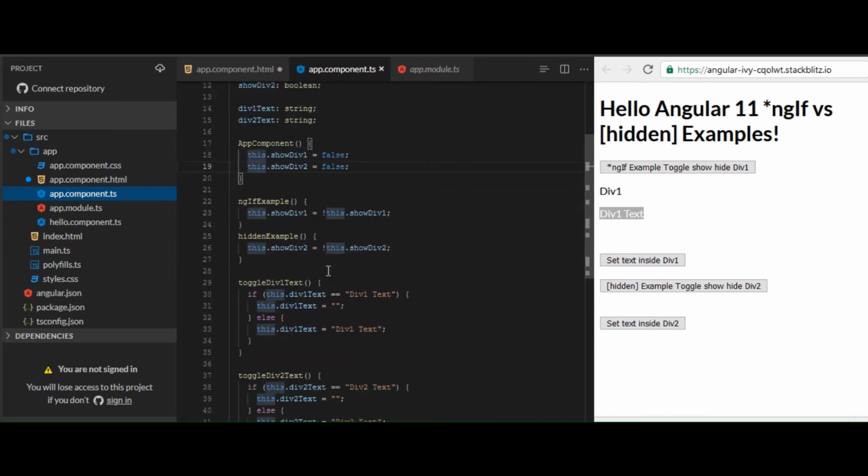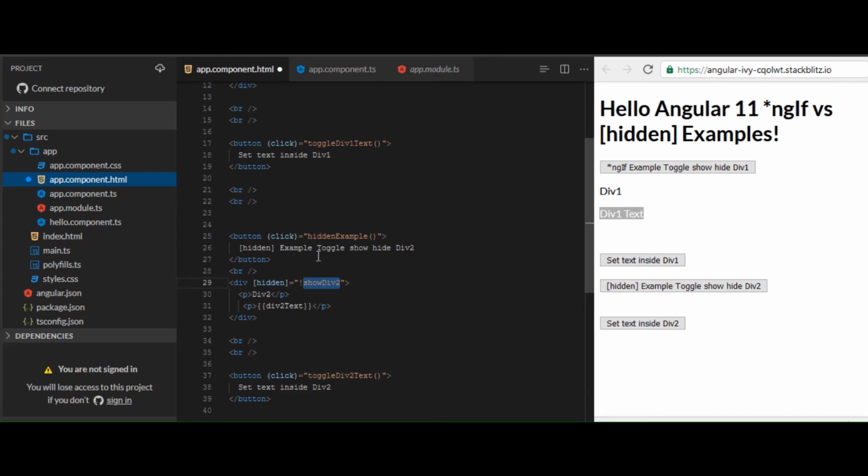In the hidden example, I'm doing the same toggling here, and on clicking that button, this will show and hide. The same functionality we saw for div1 applies to div2, but with the hidden attribute. Toggling is happening happily. I am also doing the other toggling inside div2, and that is happening.